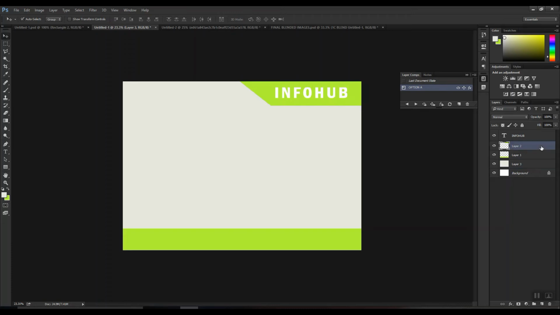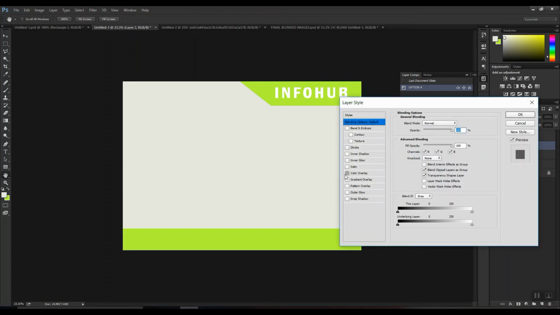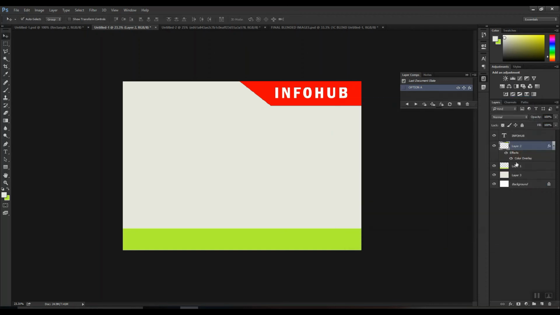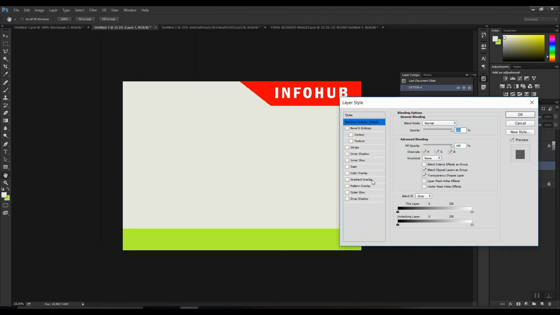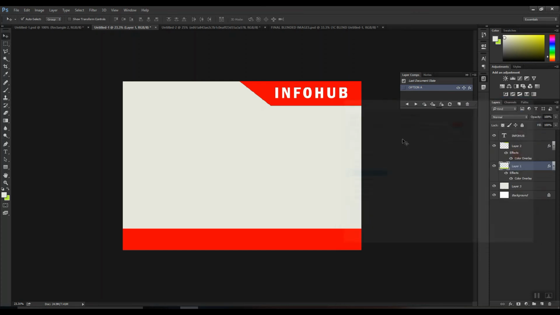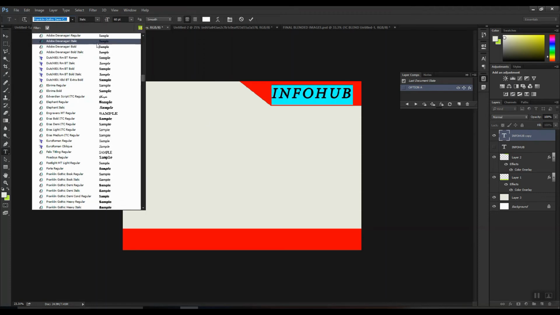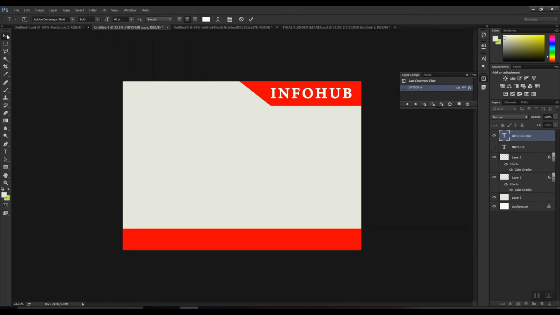For example, let me say I want to change the color of my, let's keep red only, and the color of this as well, same. We can see. Now let's say I want to change the style of the text as well. So all you need to do is first make a copy, as we always do. You have to off this layer visibility so that it doesn't overlaps, and let's change the copy. Let's keep it this, and the rest is the same.